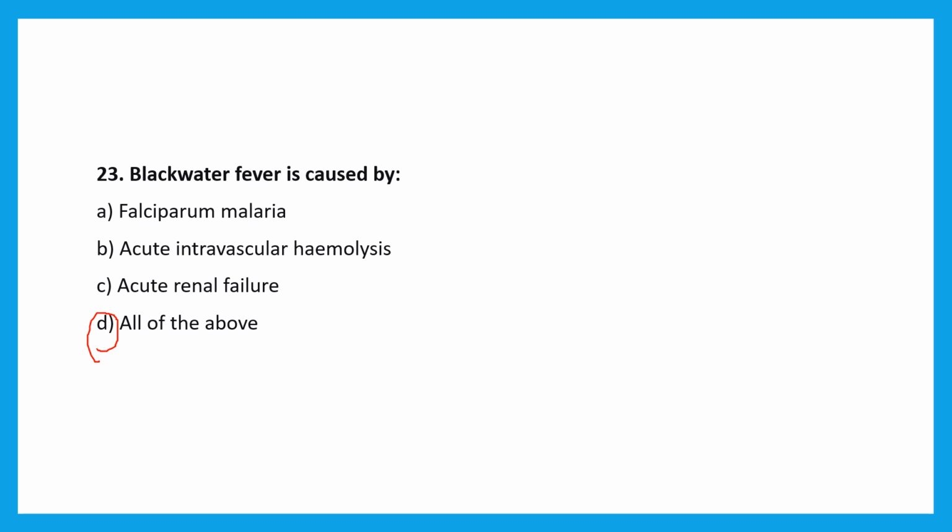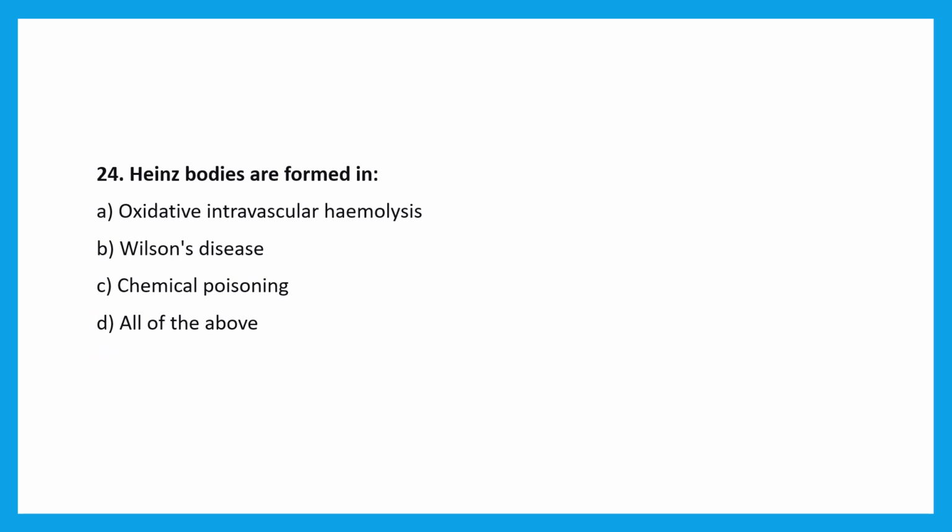Acute renal failure, acute intravascular hemolysis, and falciparum malaria, all these are causes of black water fever. Okay. 24. Heinz bodies are formed in A, oxidative intravascular hemolysis, B, Wilson's disease, C, chemical poisoning, and then D, all of the above. Okay, so Heinz bodies,